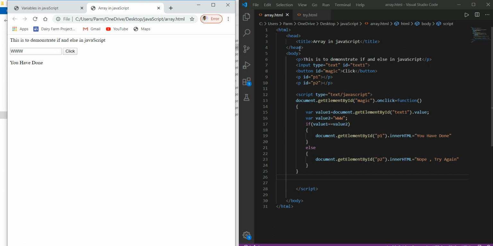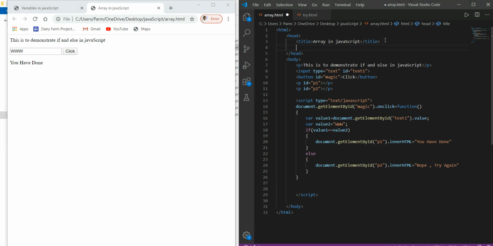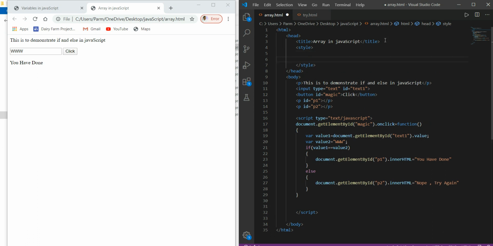Moreover, we can add some styling over here, like say we create a class. For this we use the style element, and here we create a class.